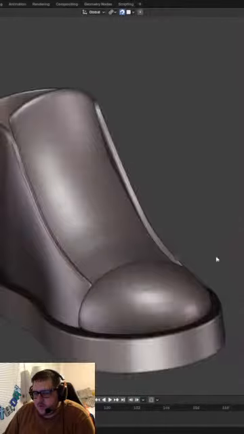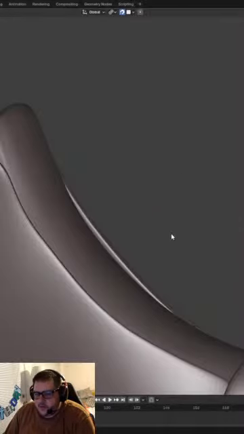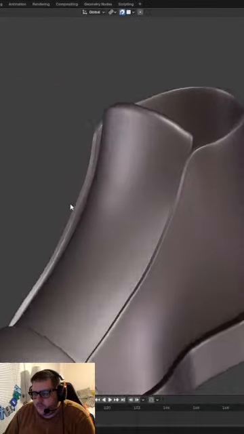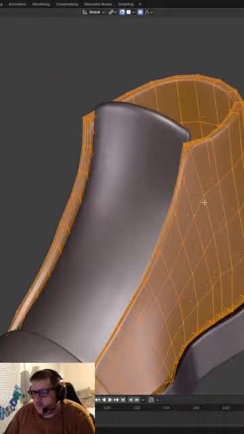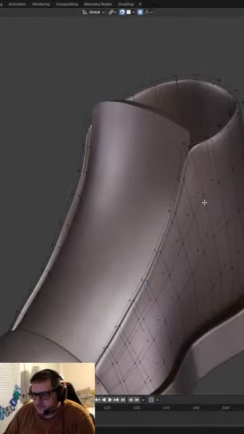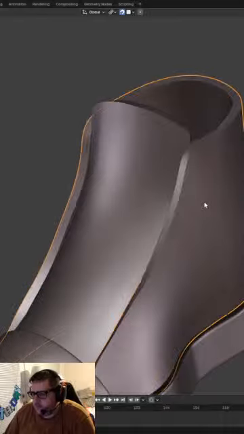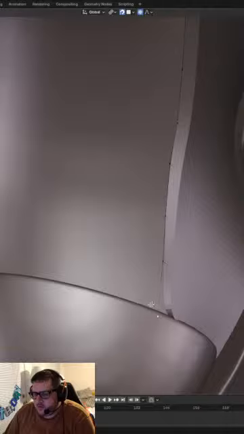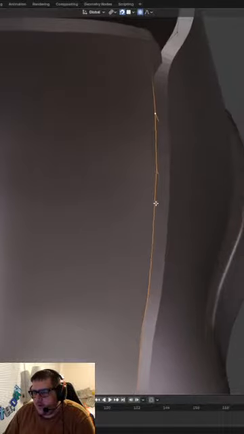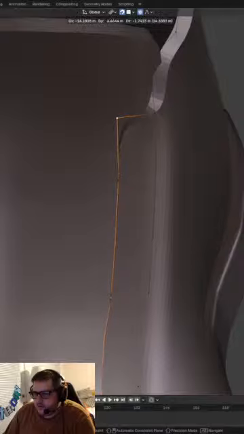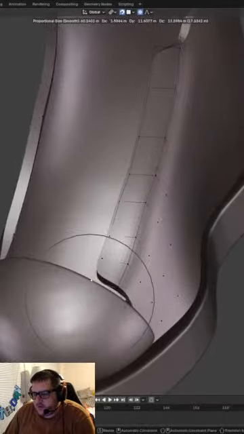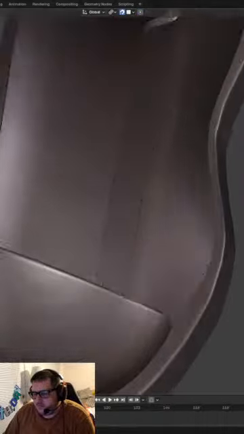Okay. And what I want to do is we do need, alright, let's see if there is a way that we can take all of that and bring it in to create basically that piece of fabric that's going to allow you to pull the lace through.